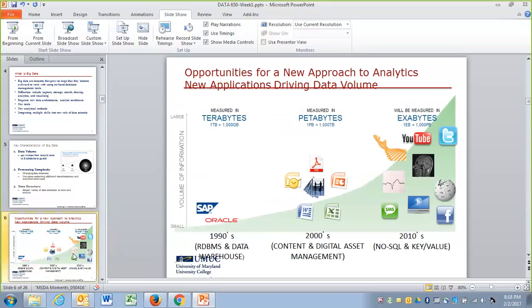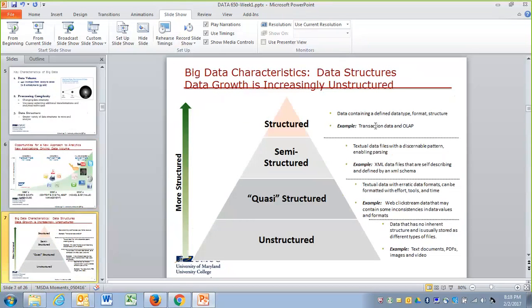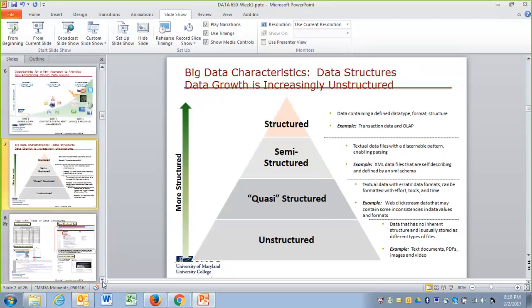So we continue with the complexity. I have several slides here which I'm not going to comment on too much. They are just here so you can review them as additional information and reflect on them in class discussion, when we try to convert what we understand by big data and how to deal with it. The only slide I want to point out is this one.